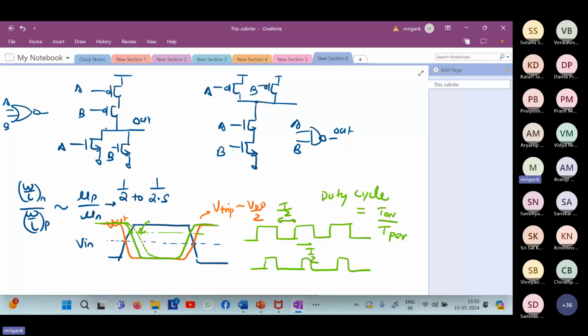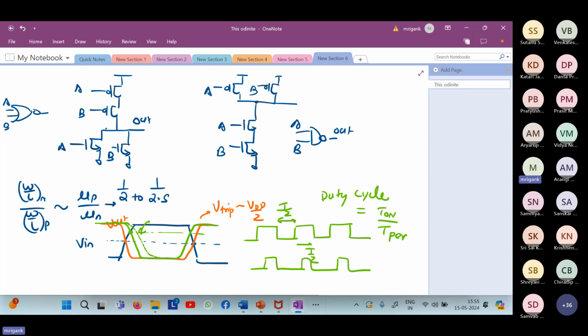If the PMOS is becoming weaker, it will make the rising edge more sluggish. So again, from the point of view of rising edge, rise time, fall time, and from the point of view of duty cycle, it is very important that we try to keep the trip point close to VDD by 2 for all these gates. Remember this important relation: duty cycle, rise time, fall time, and trip point. So they're all going to have influence.